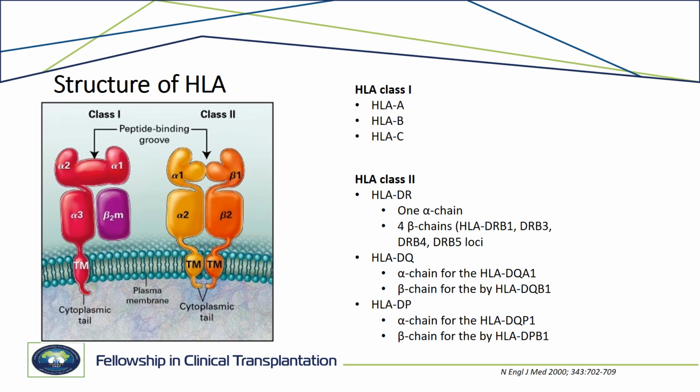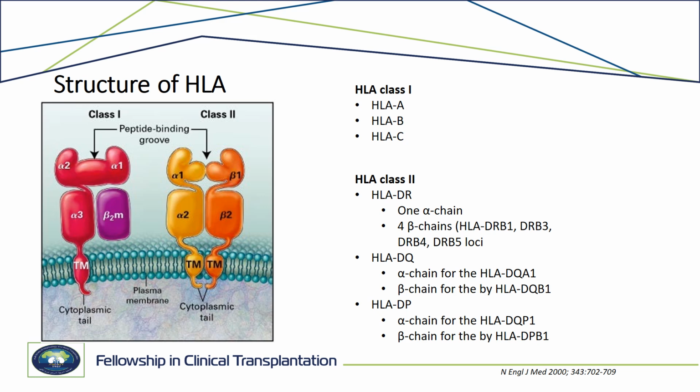For HLA class 2, it has a different structure. It's formed of an alpha chain and a beta chain. As you can see in the figure, alpha 1 and alpha 2, and beta 1 and beta 2. Both are encoded by two different genes, and both are polymorphic except in the DR. So the three common types of HLA class 2 that we do HLA typing for in the lab are HLA-DR, HLA-DQ,